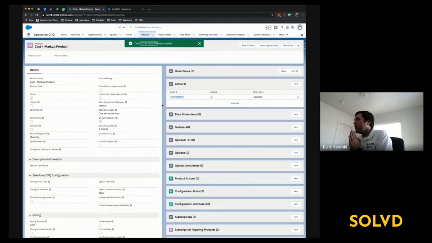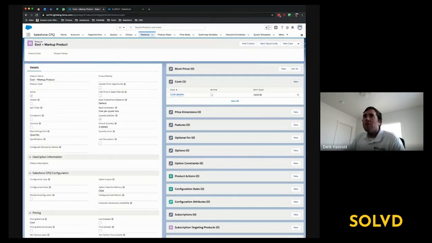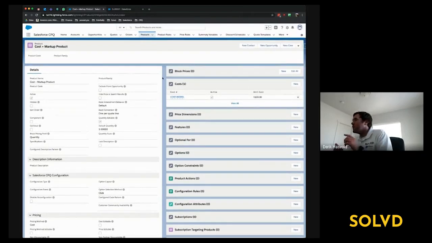Now, a big gotcha, or a pitfall that clients fall into, is they want to apply multiple costs to a single product. The standard CPQ cost plus markup based pricing does not support multiple costs for the same currency related to the same product. So if you have this cost plus markup product and your business has a labor cost and an overhead cost and some fixed costs, etc., you have more than one cost, you'll have to either combine those down into a single unit cost,